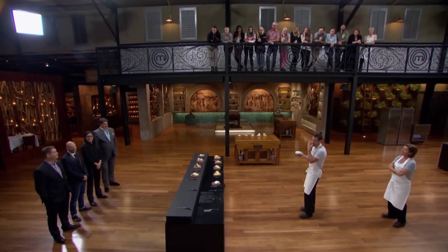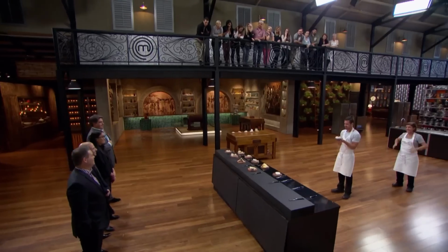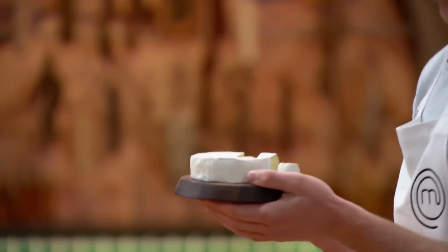I'm feeling pretty confident. I mean, it's pretty firm and it's got the shape of camembert. Distinguishing the taste is almost impossible for an amateur, but I'm just going with my gut and I'm hoping that I'm right. Brent, this is your second chance at immunity. You picked one of the hardest ones. Matt and I, we said that cheese was camembert. Gary and Matt know their cheese, and when Gary tells me that they chose camembert, I've got relief. Yeah, I think I'm safe, and I think Rachel doesn't know any other cheese on the board, so I'm feeling really good. And we were absolutely